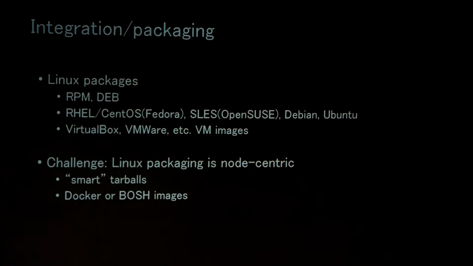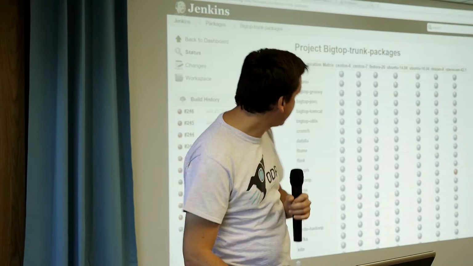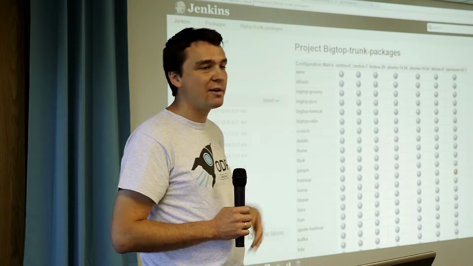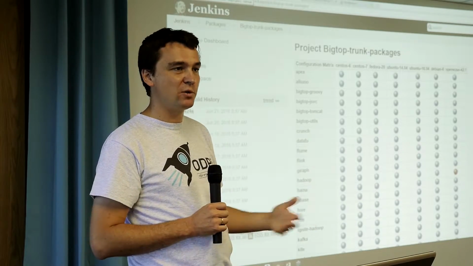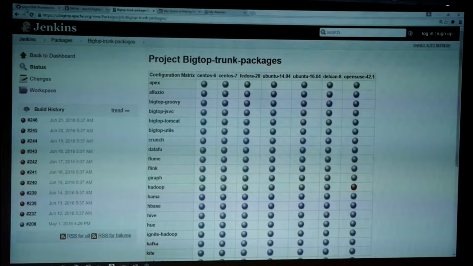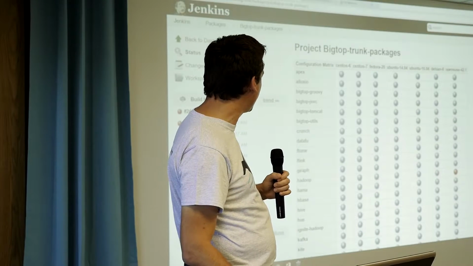So, integration and packaging: a bunch of Linux packages. Let me start showing you some real stuff. This is Bigtop's continuous integration environment. Every night we build a whole bunch of packages for all of the components that are available in Bigtop. If you are interested in installing the latest version, from the Bigtop standpoint, not necessarily the latest version from the project's standpoint, all you have to do is go to this matrix